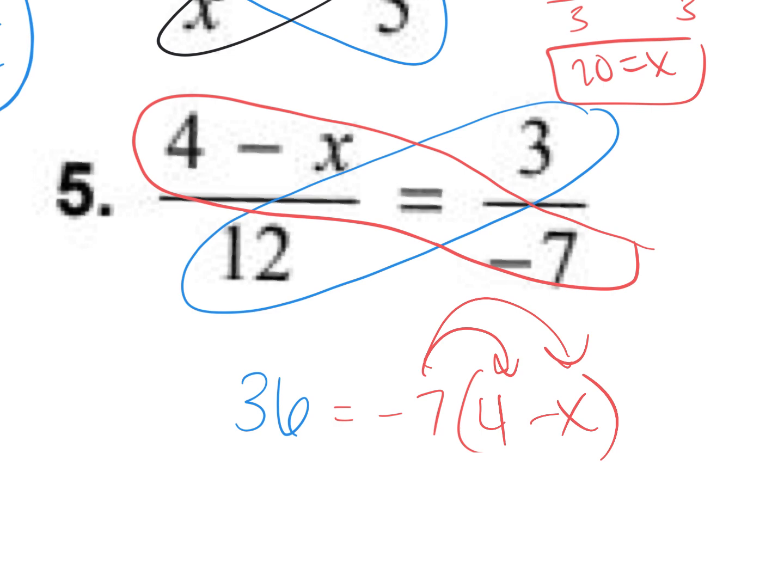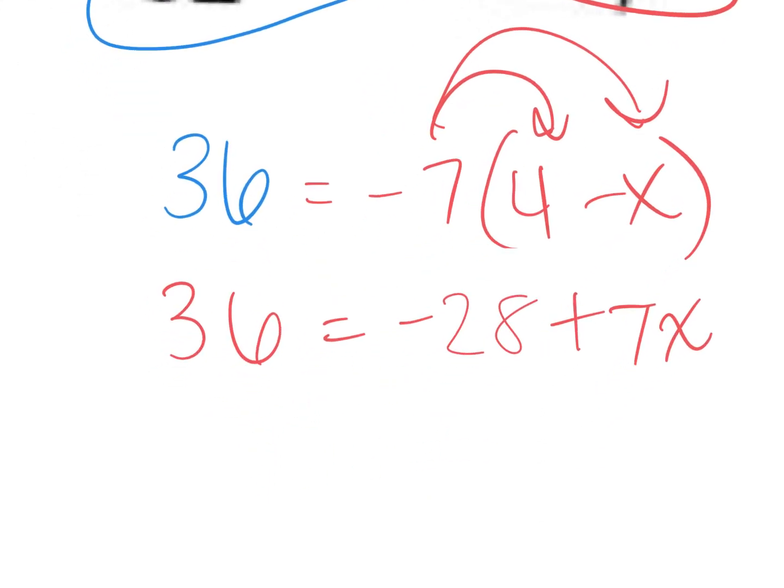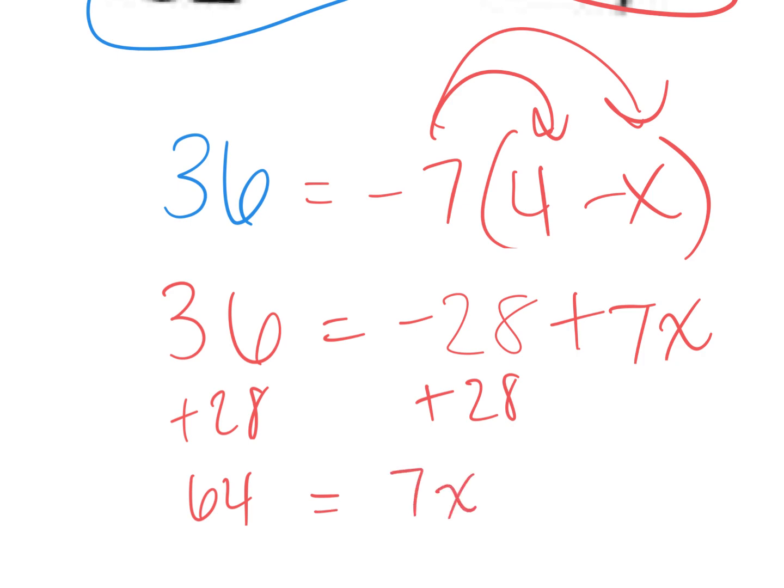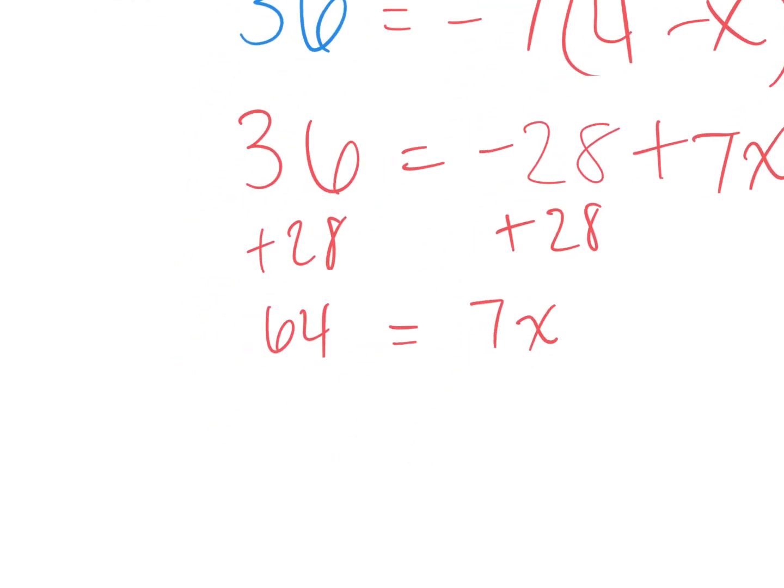Okay. You get 36 equals negative 28 plus 7x. Okay, very good. And then you add 28 to both sides. 64, I believe. Mm-hmm. 64 equals 7x. Okay. Then you divide that by 7, and